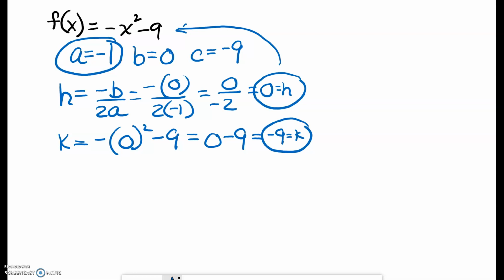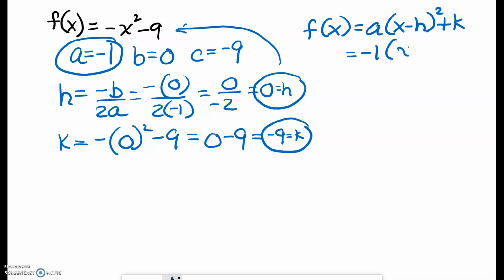So now let's create our equation. F of x needs to equal a times x minus h squared plus k. A is -1. H is 0. K is -9. So when I simplify this, I don't really need to say x minus 0. I can say just negative x squared minus 9, and I don't really need the